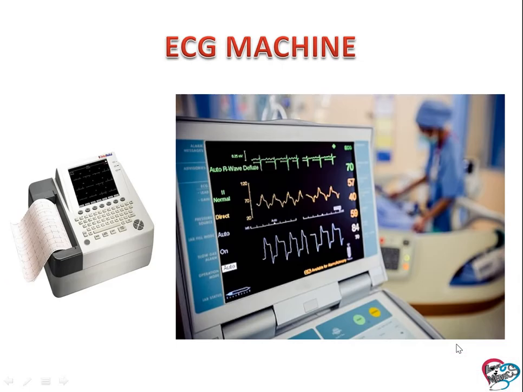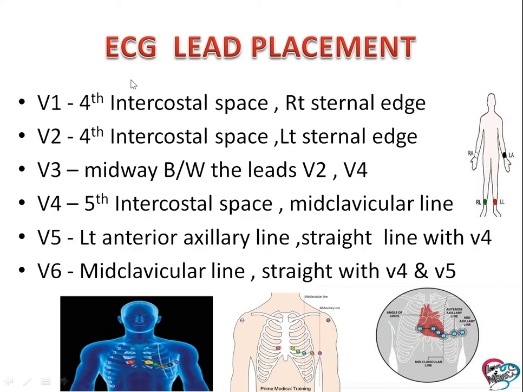The ECG waves are recorded by the ECG machine. This is the ECG machine. The machine records the activity of the heart and produces the ECG wave on the ECG paper. What is the connection between the machine and the patient? That is the ECG leads. We should place the ECG leads on the patient